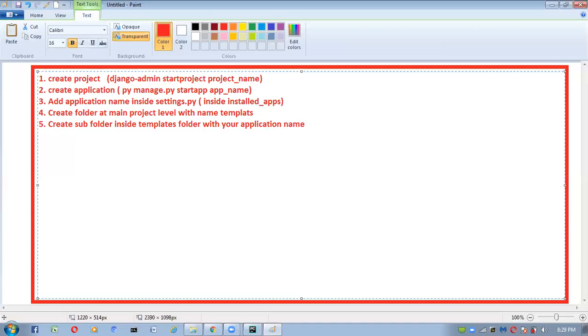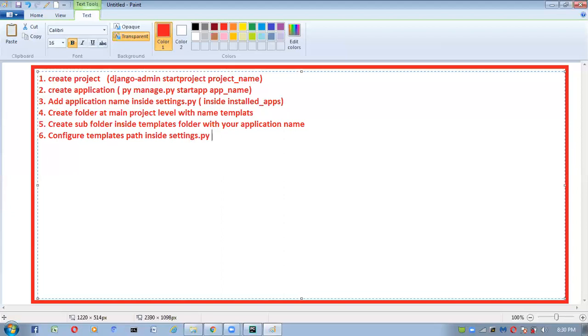Whatever application you created, with that application name we have to create one subfolder inside the templates folder. Next, configure the templates path inside the settings.py file.